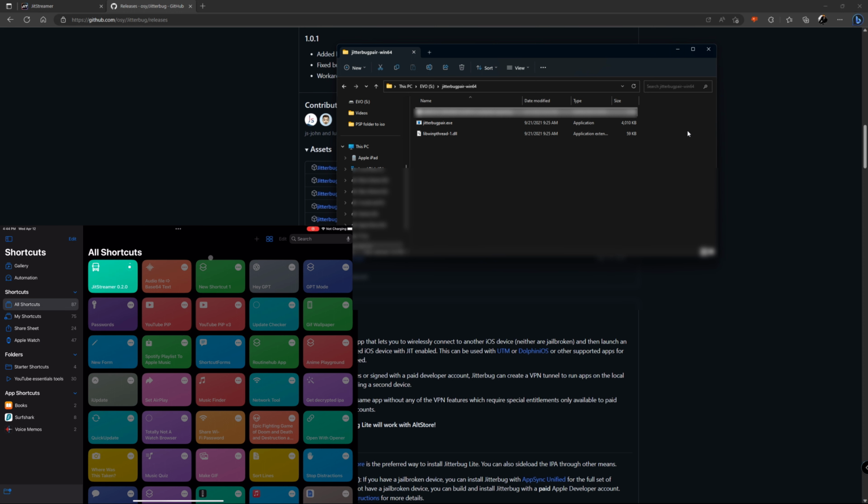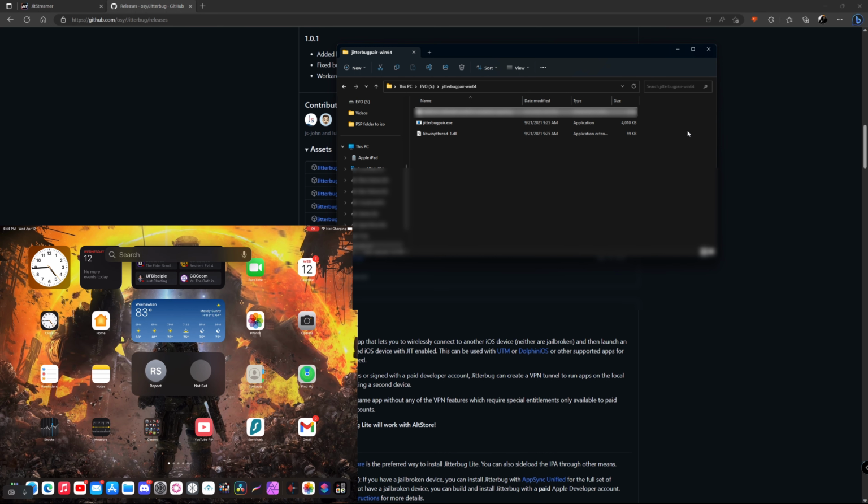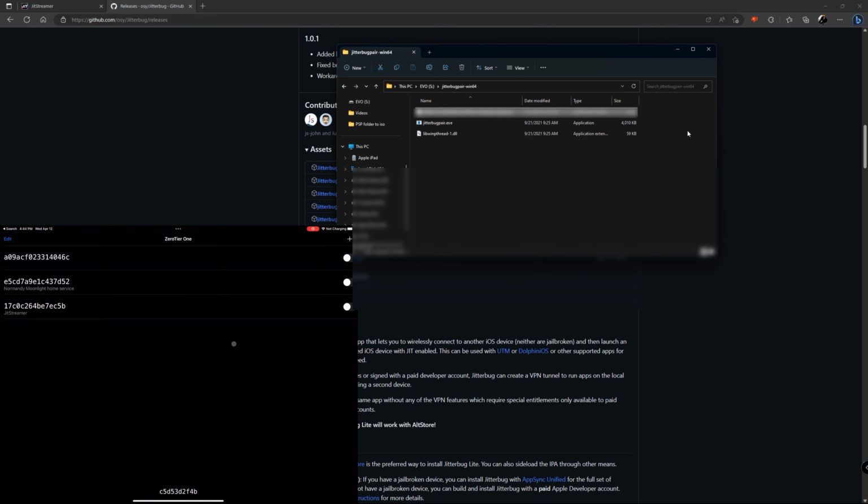And if it gives you any type of failed connection, it's because you gotta remember you gotta run ZeroTier. That's what you guys downloaded earlier, and you set it up using the video. So you gotta make sure you click on this and enable it. And you know it's enabled when you see the symbol that says VPN on the top. So you gotta wait for that to be fully connected. There you go. When you see that you got the VPN symbol, that means that you're already connected to the